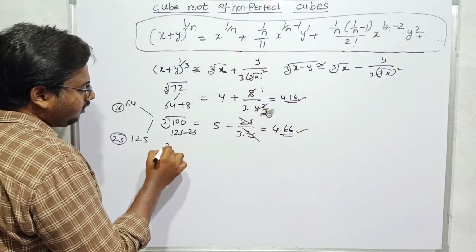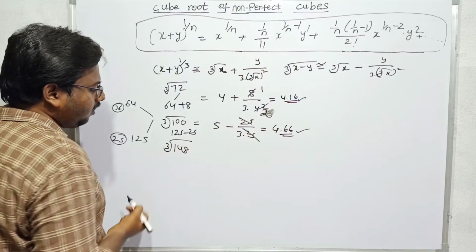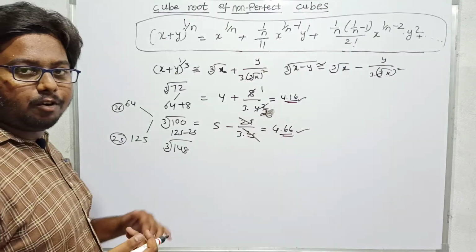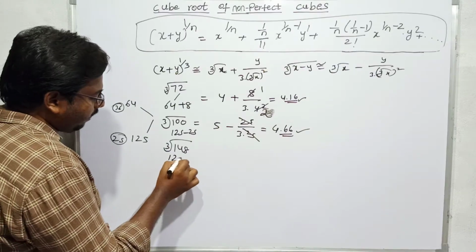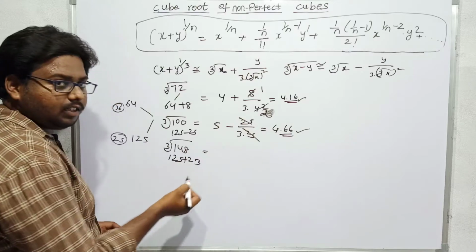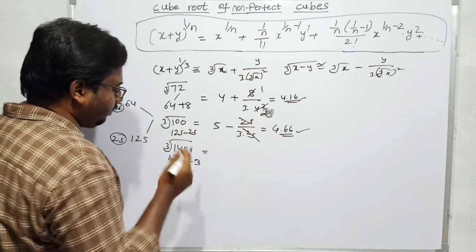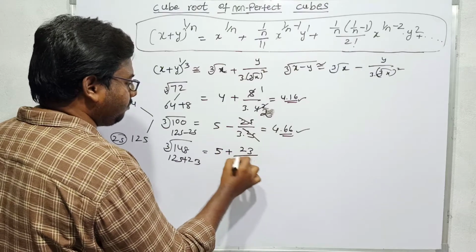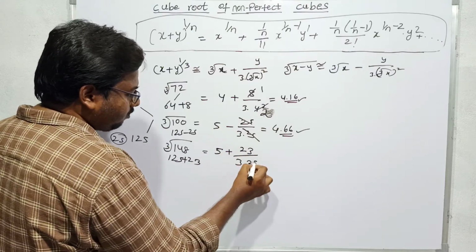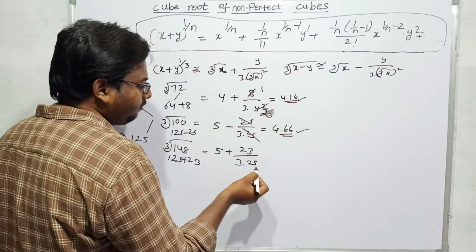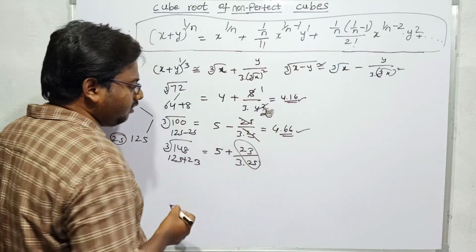So if I want to calculate the cube root of 148, I can calculate this on 125 and 216. From 216 it will be a bigger gap, so I will calculate this on 125 plus 23. You don't need to write 23 here. Once you get clarity, in 2-3 problems you can directly operate it. So 5 plus gap 23 by 3 into 5 square is 25. If you watch my previous videos of multiplication and division with 25, you will get clarity on how to calculate this.